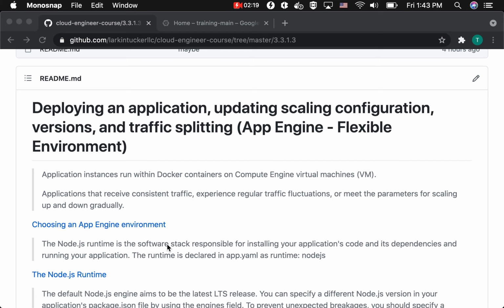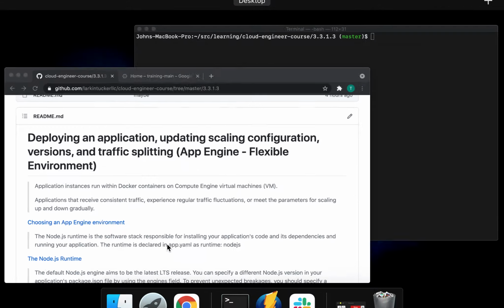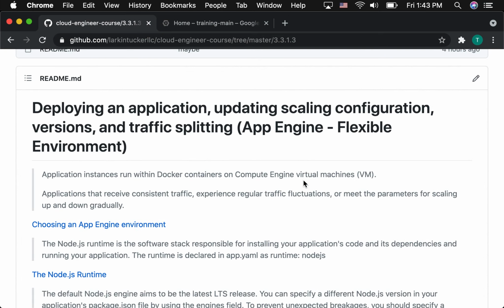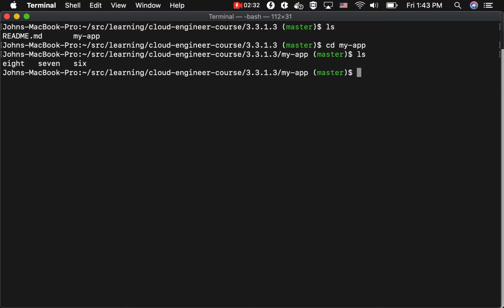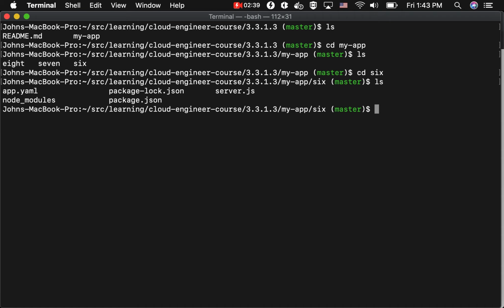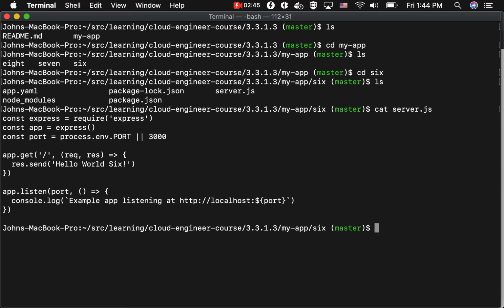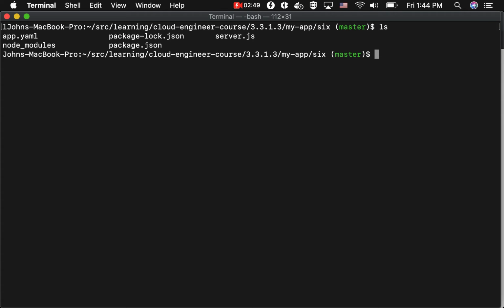Okay, so next I think we just want to look at the example. I'm going to go here and we're going to look at another service. I'm still using the same application, same project. I'm just launching a different service. There are a couple of subtle differences here. The server code is exactly the same as before. It's the same code, except it says 6 now. One difference is